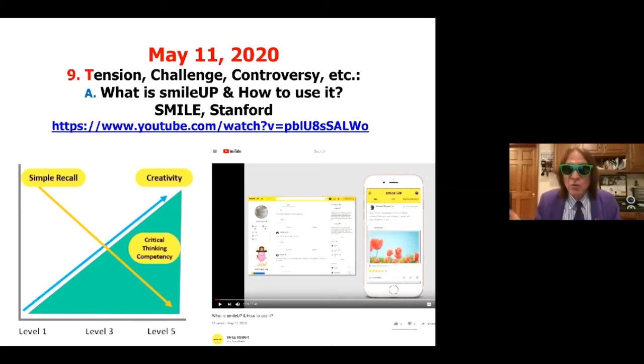He's been around the world with Smile. He's now got Smile Up, where the computer can rate the students' questions on a scale of 1 to 5, like Bloom's taxonomy. So the students can type in questions on their mobile and ask each other difficult questions, or then the computer can evaluate those questions.